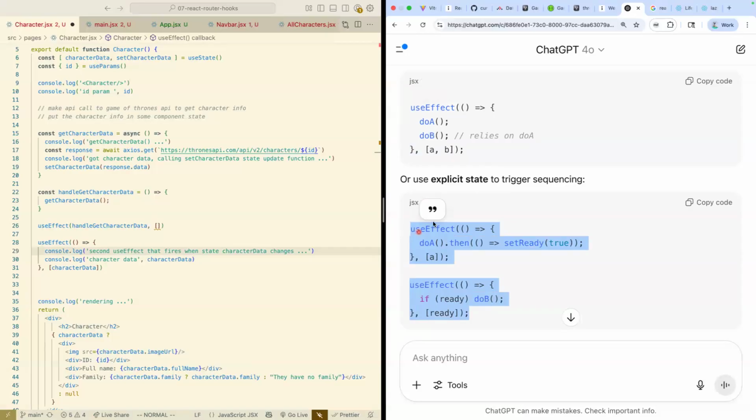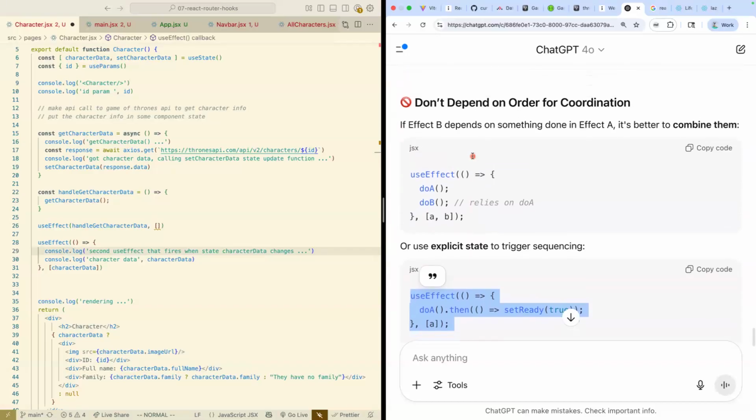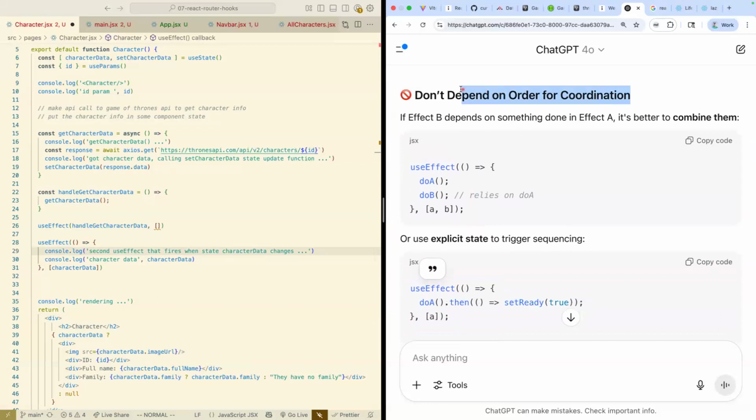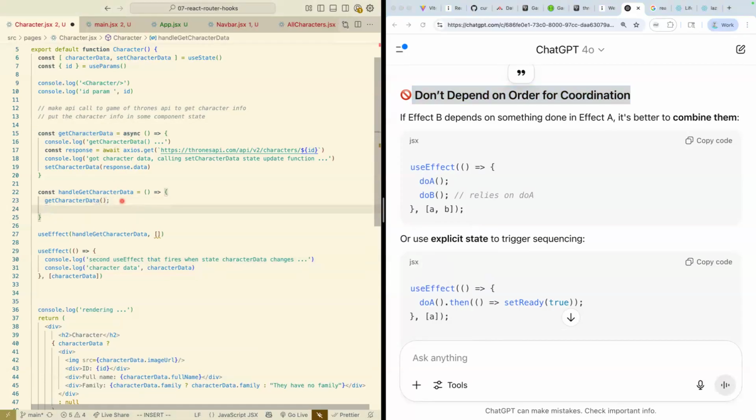Again, this part starts to get a little weird, right? I think this is the answer here. We don't really want to depend on the order of things for coordination. We would use async and await. That gives us stronger control of the order of things. Because this is an async function, I can do this here, and if I also did